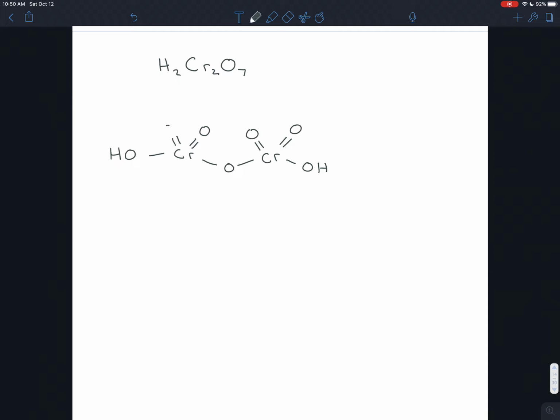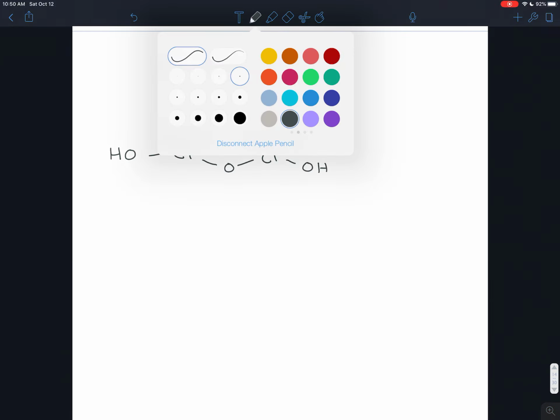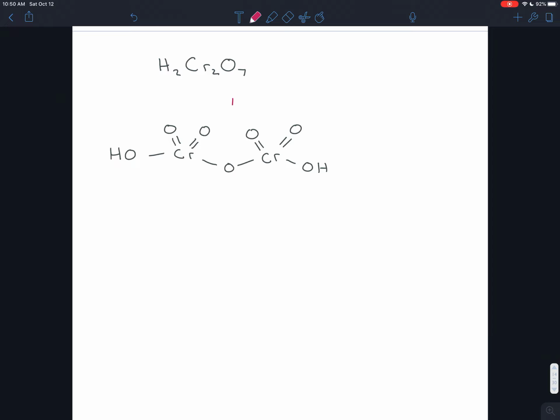These chromiums have d orbitals, so they can have more than 8 electrons on them. So that is H2Cr2O7. But you can imagine this is actually a dimer. It's two chromic acids put together. This happens when you have the molecule in water. Imagine separating that into two pieces. You could end up getting